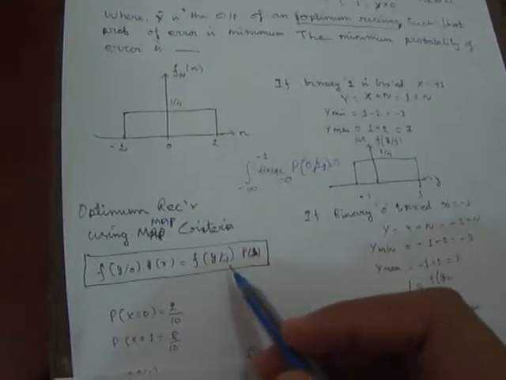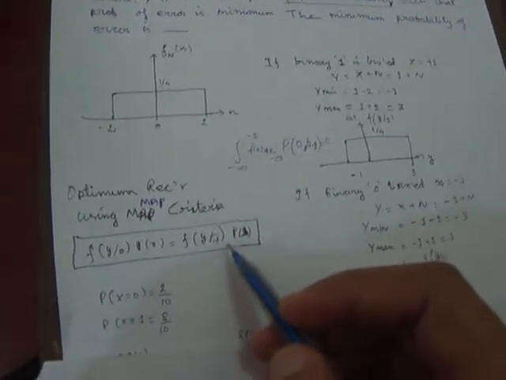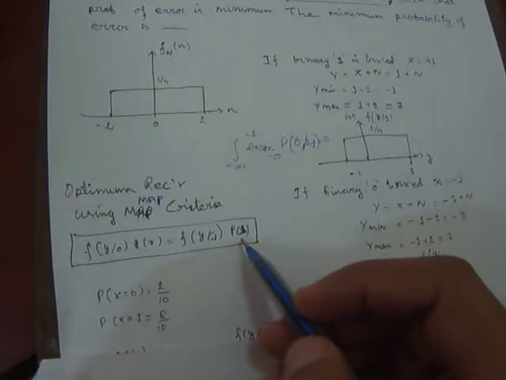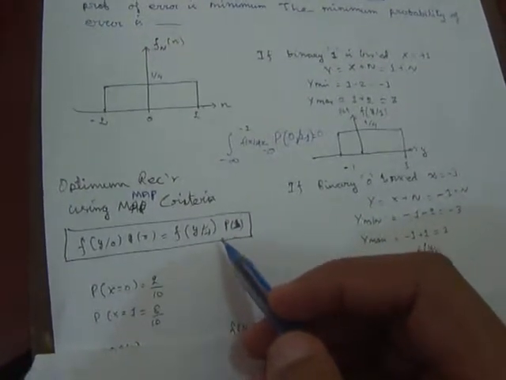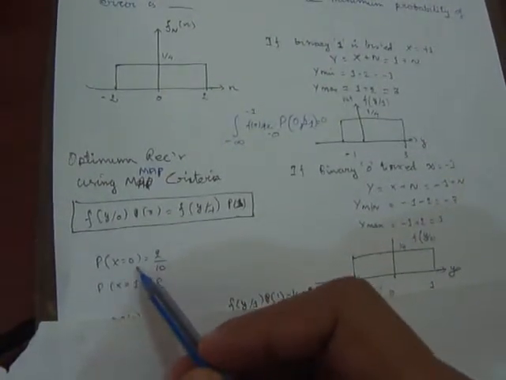MAP criteria states that the multiplication of the PDF of 0 transmitted with the probability of 0, and the multiplication of the PDF of 1 transmitted with the probability of 1, are equal. Here, when P of x equal to 0 is transmitted,